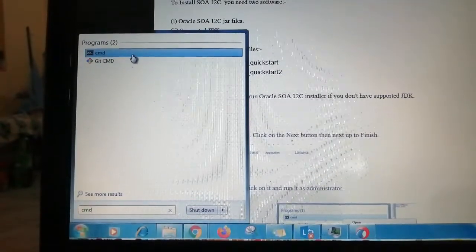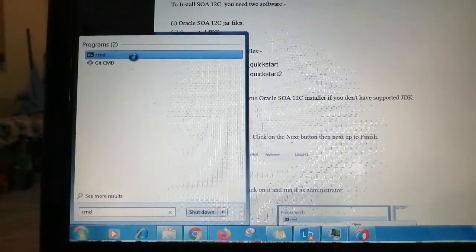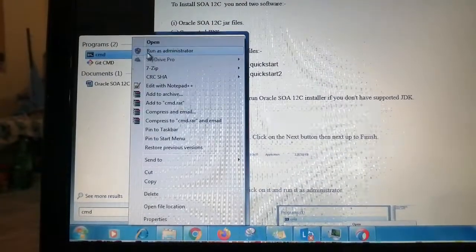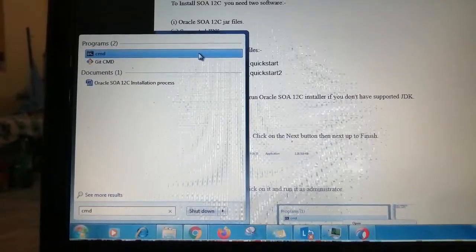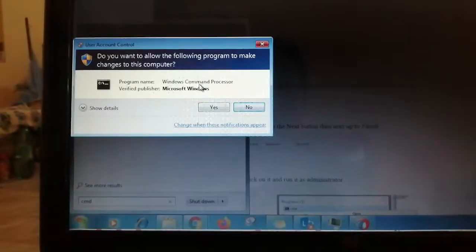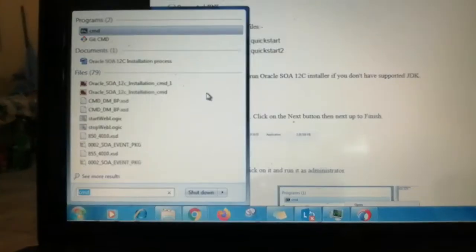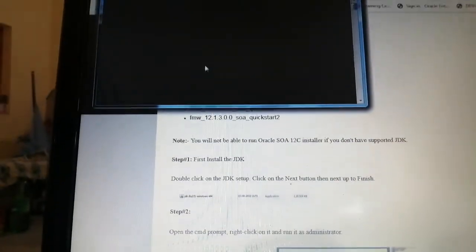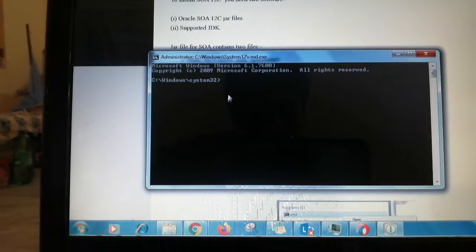Right click on that CMD, and choose run as administrator. Click on yes. Okay, this window has appeared.